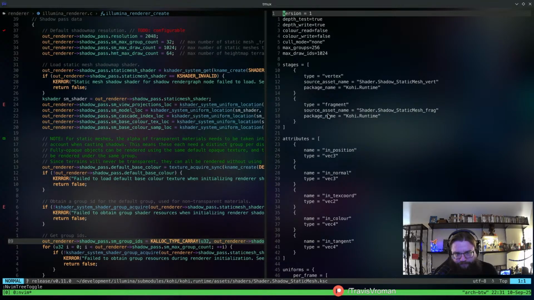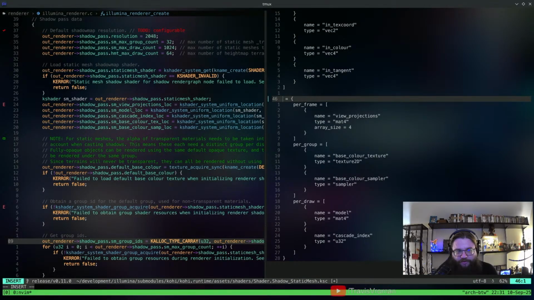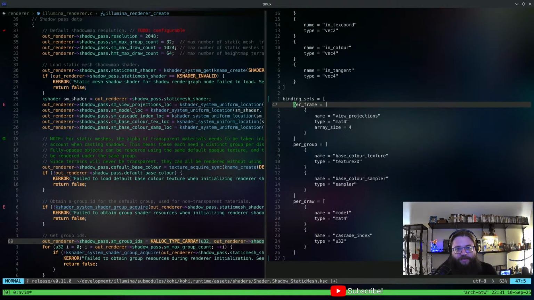So this is just going to go to binding sets, right? This is going to be that, and then this is just going to be converted to an object.